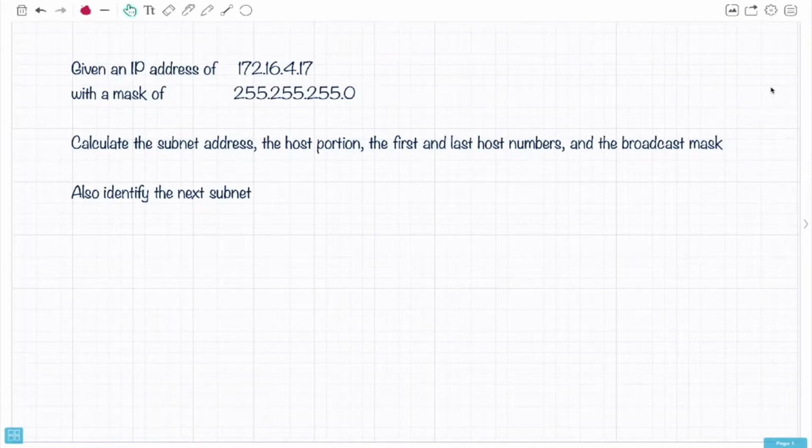So what I wanted to do is give you a formal process for doing the calculations that we require with regards to subnets. I took the liberty in this situation of typing things out ahead of time, because it's a little bit boring for you to watch me type things and try to write them with a mouse, as it were. So I've pre-configured a lot of information, but now I want to talk you through it. So let's say we're given an IP address of